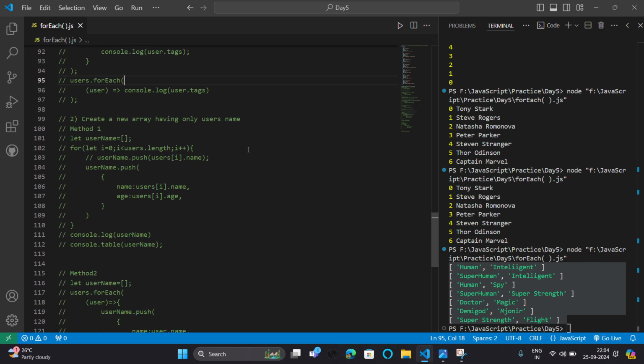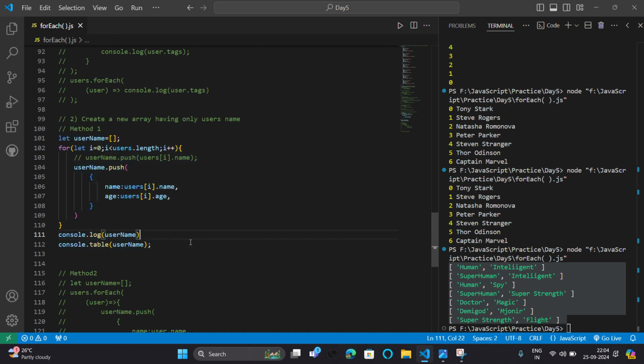Okay, let's move to the next. Create a new array having only the users' names. The problem statement is that firstly I have to create a new array, and that array has only the names of these users.